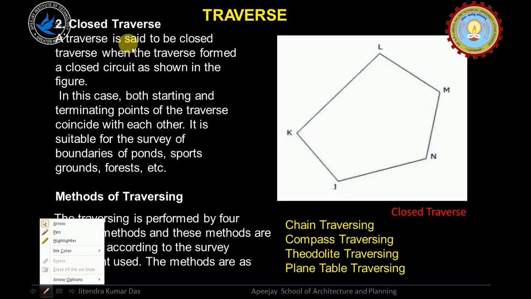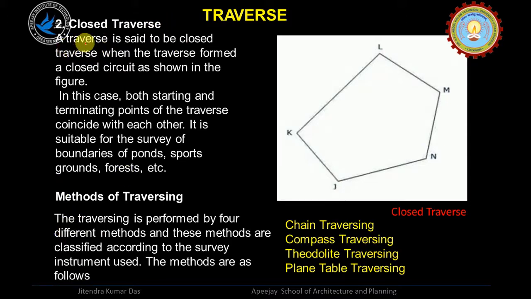Closed traverse: a traverse is said to be closed traverse when the traverse forms a closed circuit as shown in the figure. Here you are seeing that this line, this line, this line, and this line, and this line, they are actually closing the geometry. So these are closed traverse,